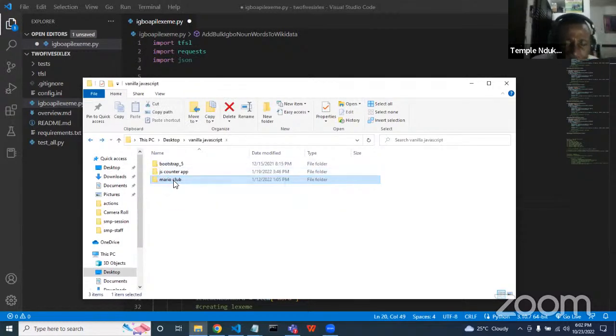Okay, this is just a folder I created on my desktop. So if you go to this folder, this is when we'll start using VS Code. Assuming we are using VS Code,